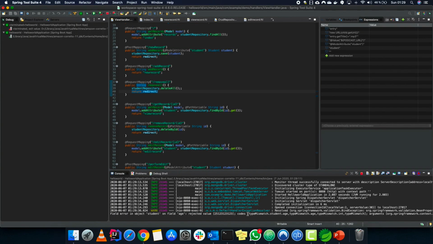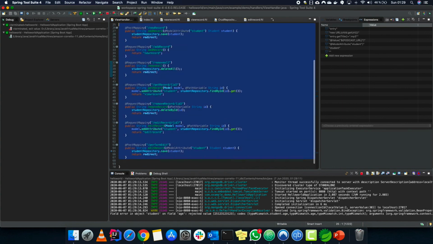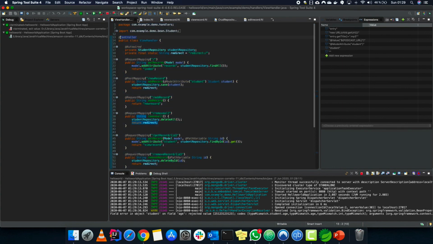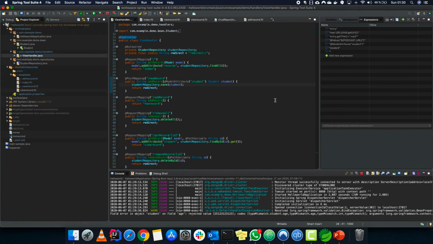Now as you can see, we have gone through from the beginning to the end, and we know how everything works. We know how component is working, we know how id is working, we know what document means, we know how mappings are assigned, we know how the views are called, we know what is auto-wired, we know what a controller is and how it works, and how repository is working. We can also use find by name, first name, last name, these things. So these properties and everything, I hope everything is fine.